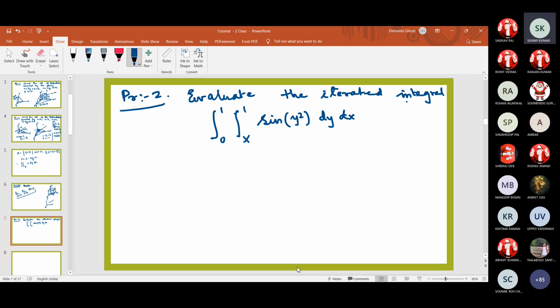Okay, now you see that the next problem is you have been given the range for your x and y. That is the range for your y and that is the range for your x. So if this one is your y equals x and this is your y equals 1, this is your x equals 0 and x equals 1. So if you draw this again, that is y equals x, something like that, y equals 1, so it's parallel to your x-axis.